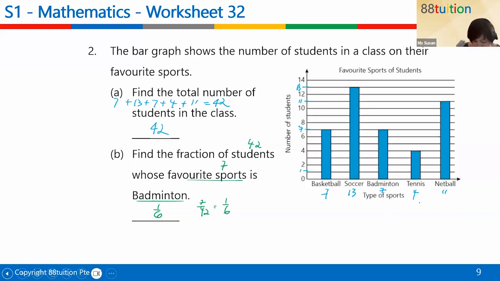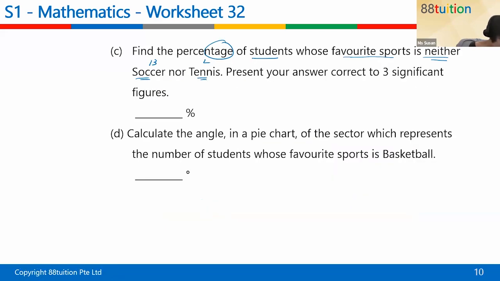So 13 plus 4. Let's take a look. Soccer is 13, tennis is 4, so here will be 17. So neither means you have to use 42 minus 17. You get 25 out of